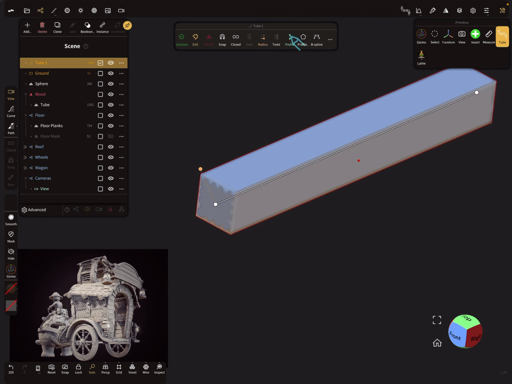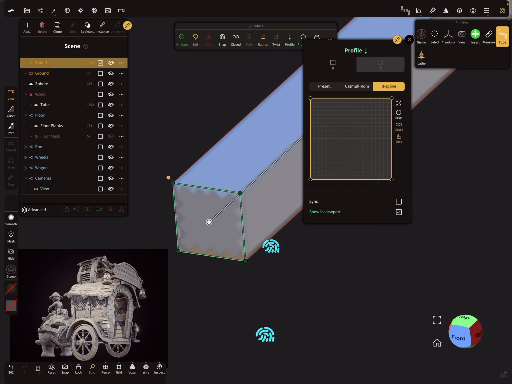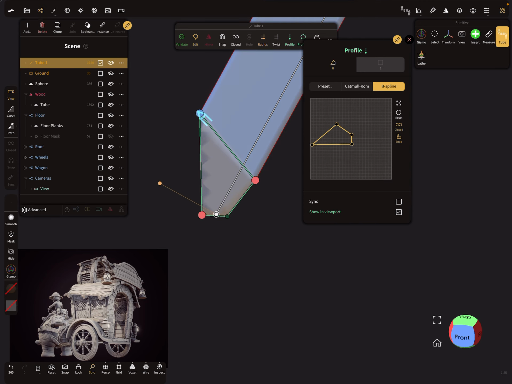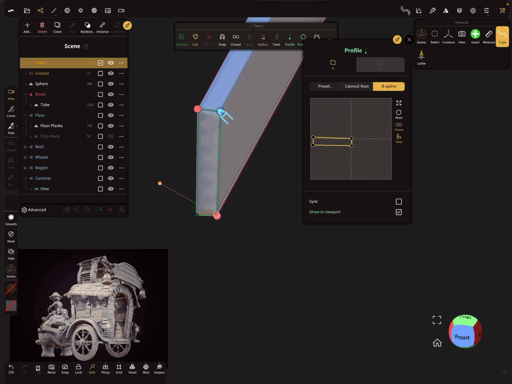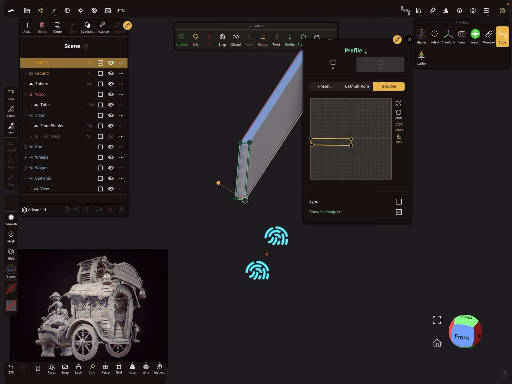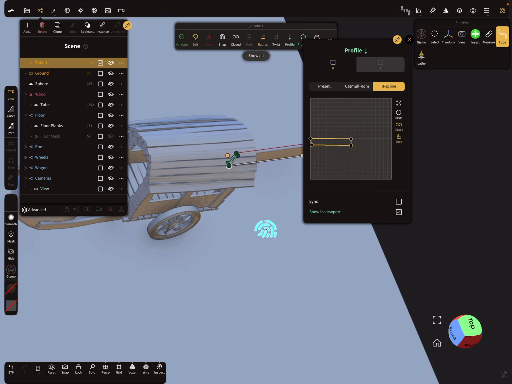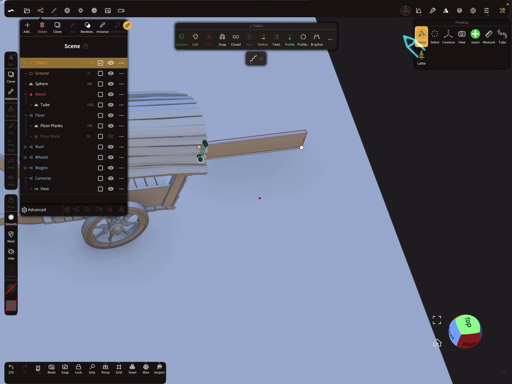So we need it something like this here. Or more. So where's my gizmo?